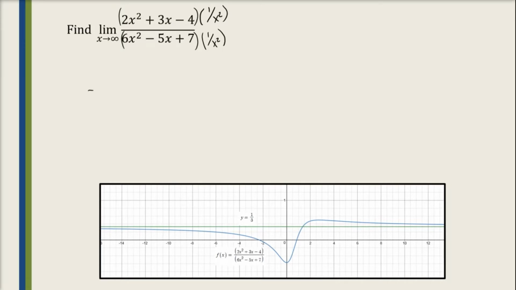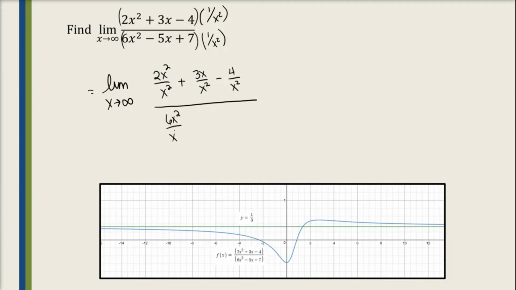So this will be the limit as x approaches infinity of 2x squared divided by x squared plus 3x over x squared minus 4 over x squared, all over 6x squared over x squared minus 5x over x squared plus 7